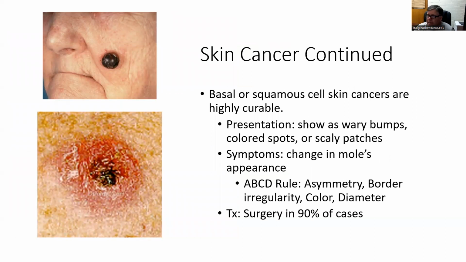More on skin cancer. If it looks lumpy and bumpy and irregular, go get it checked out. That's as simple as that. 90% of the time they just kind of burn them off. So if you have something on your skin and you're like, that's new, then go get it checked. No matter how old you are, especially in Arizona, get it checked early. Don't think it's just going to go away.